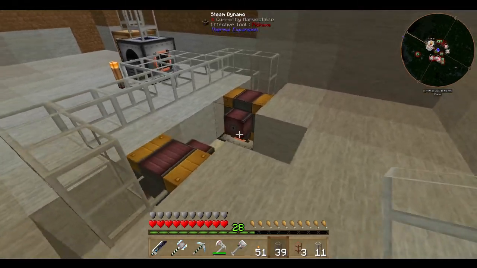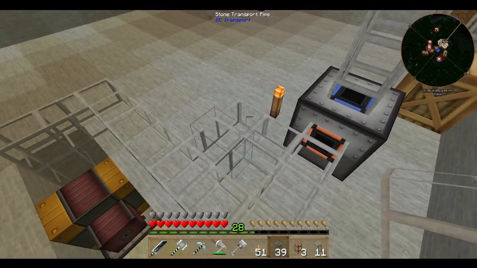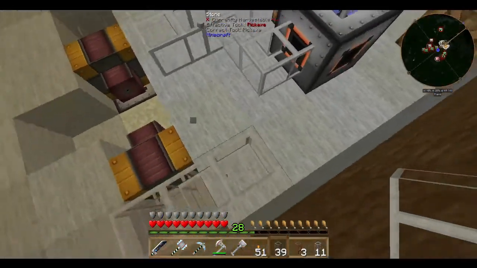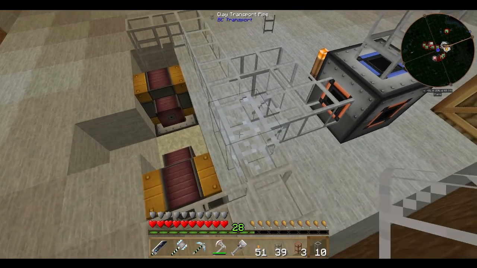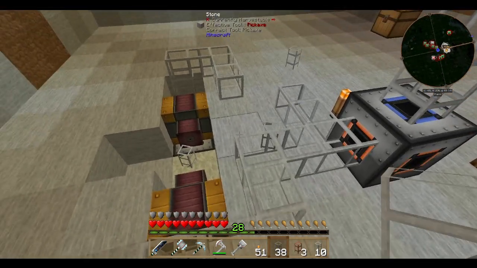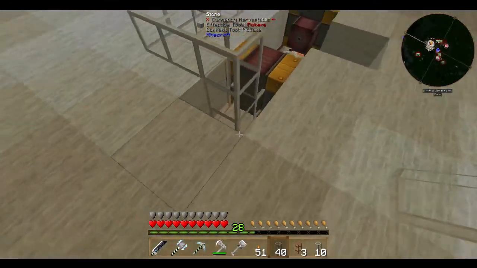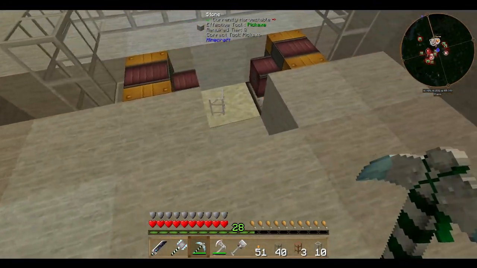So they're going to go into there and feed that. I do not need that pipe there. Though I do want that to go like that, so... Nope, can't do that. Oh, well, we'll do it that way then. Right, this is actually going to have to come out. So...